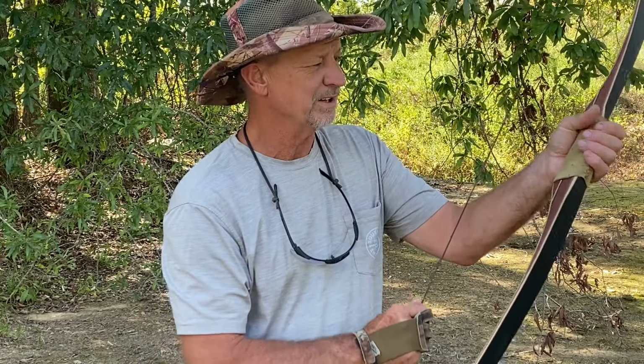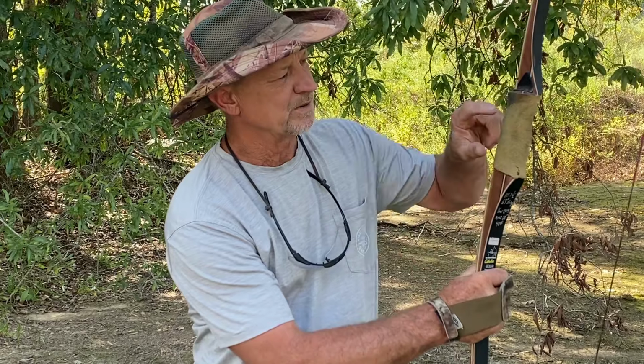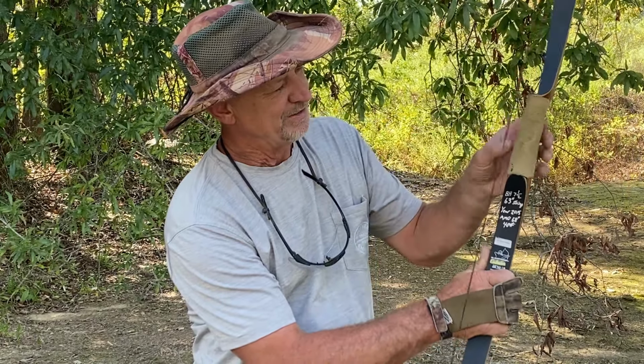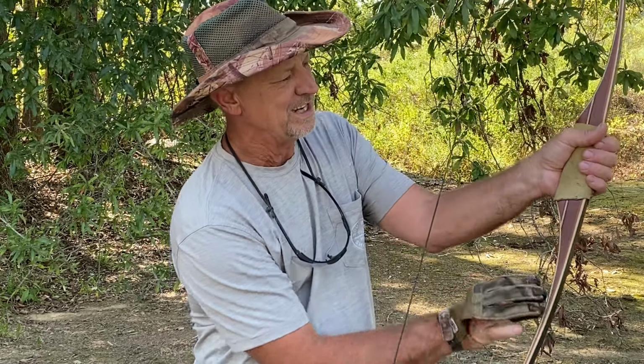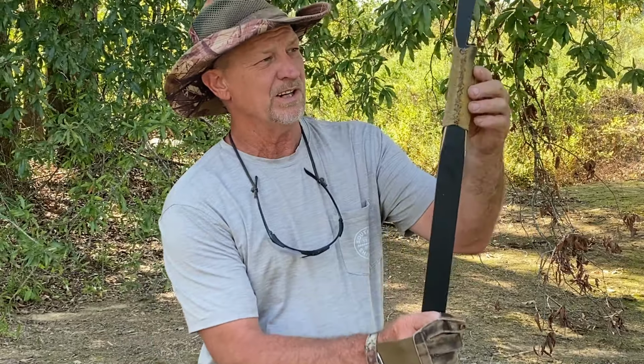But here's the trick that made this a nice custom grip that I'm talking about that fits my hand. Now, I know y'all can't see on the camera, but it's got every little dimple, wrinkle. Right here's the indention. I mean, it's indentions everywhere that fits my hand. And let me tell you how I did it. After tying that leather on there good and tight,